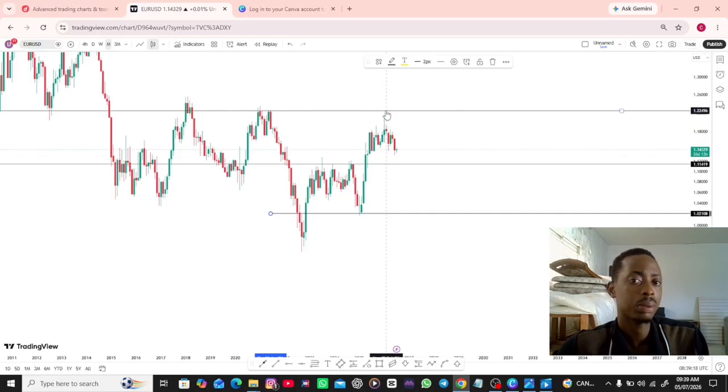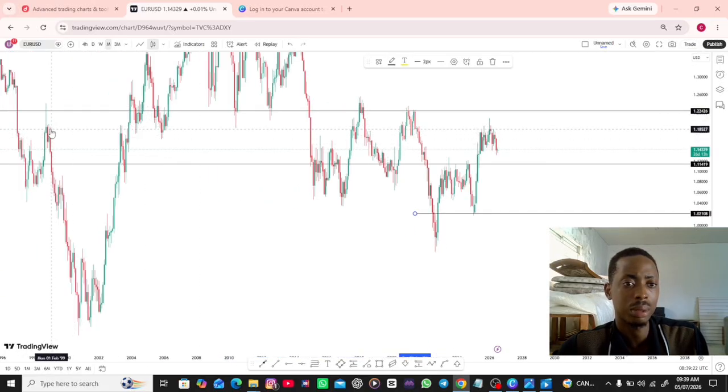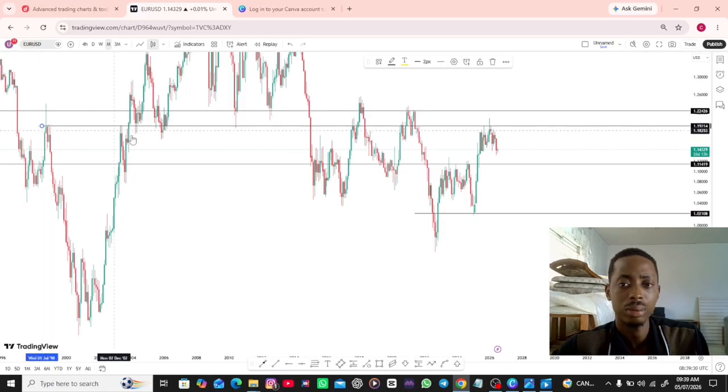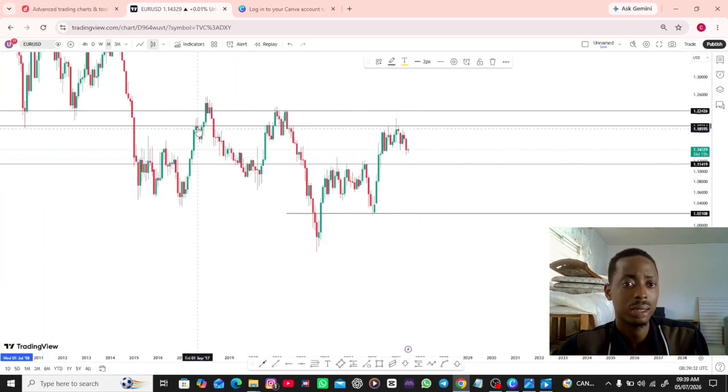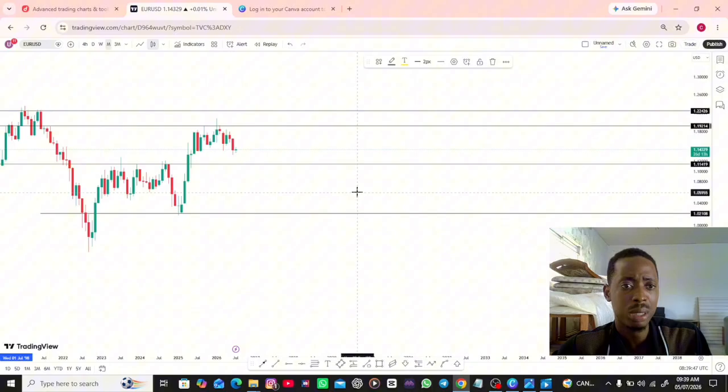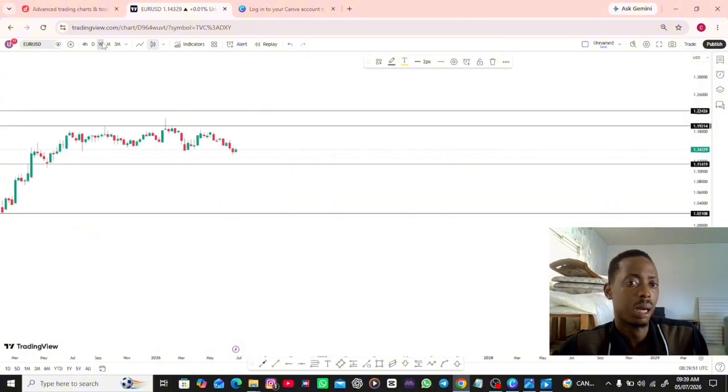We supposedly tapped here, but something blocked this level here. I guess this is the level that, if you watched, is the same level that held a little bit here before it blasted all the way to this level. Even the same thing here before it blasted up to this level, and it even broke and came and retested below that level. So from my own perspective and the way I have some experience around this market,